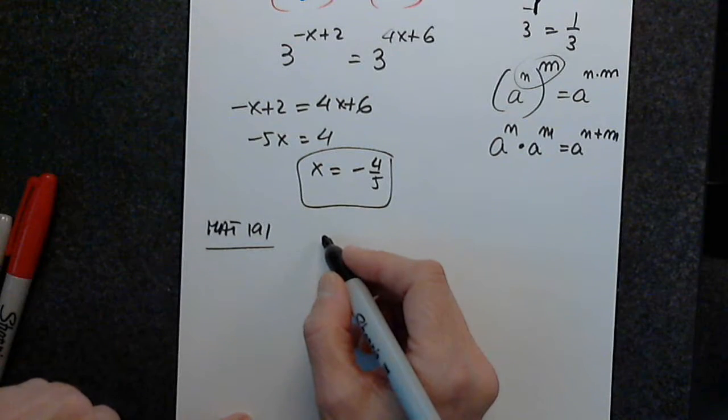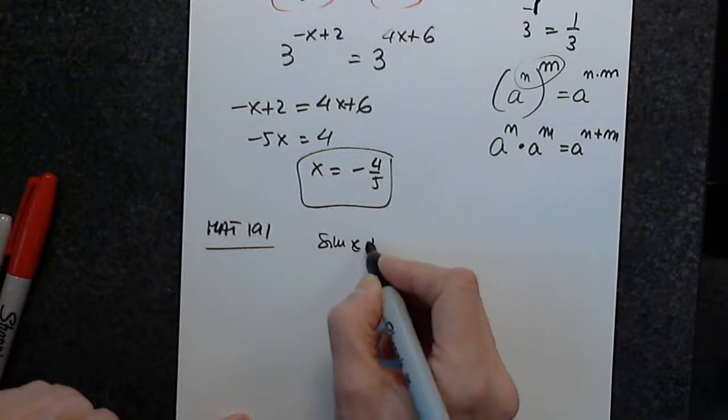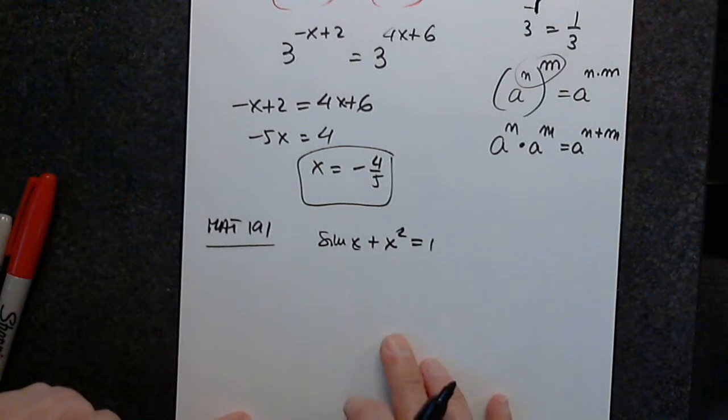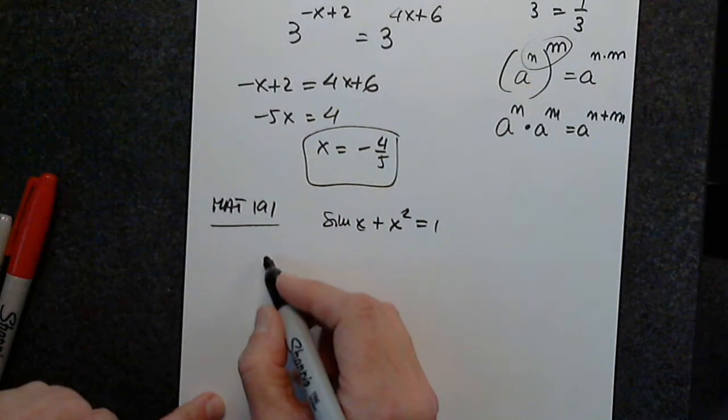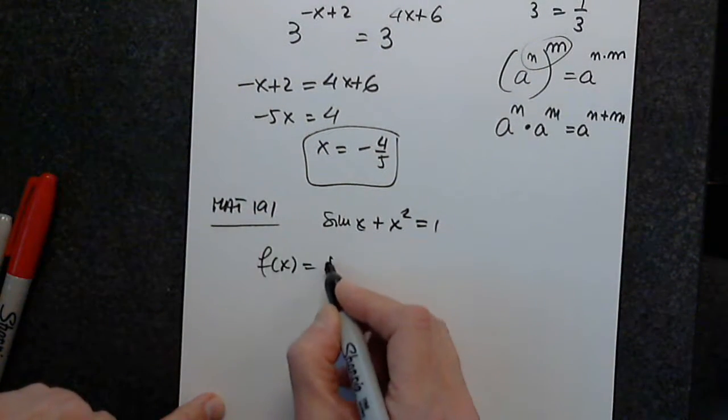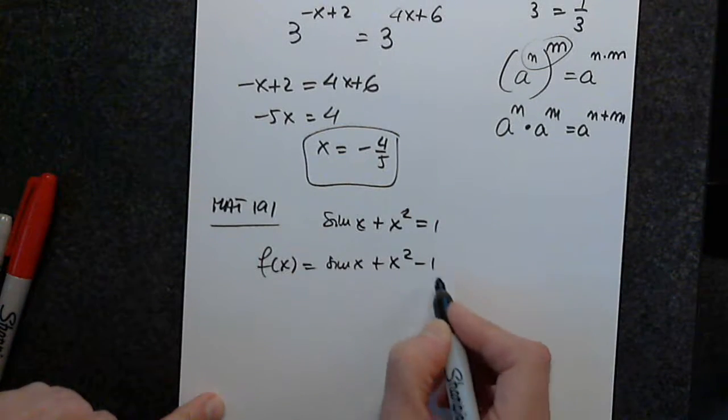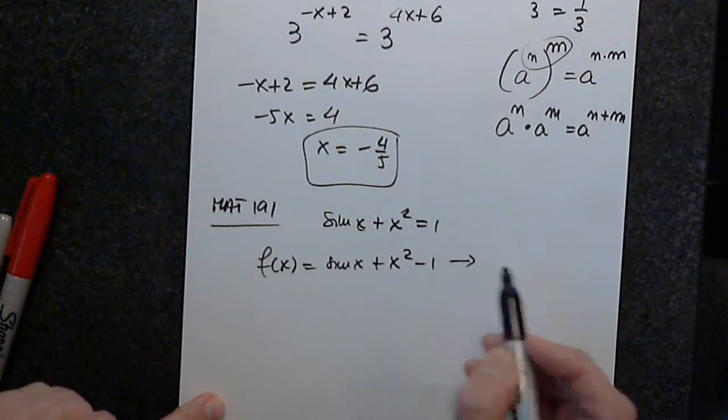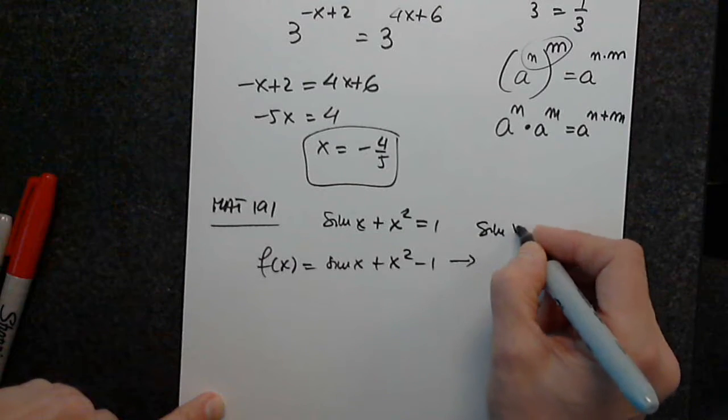You said sine x plus x squared equals 1. Newton's method, 6 decimals. Very good. So first we have to create the function, which would be sine x plus x squared minus 1, right? Because I have to rewrite it like this,